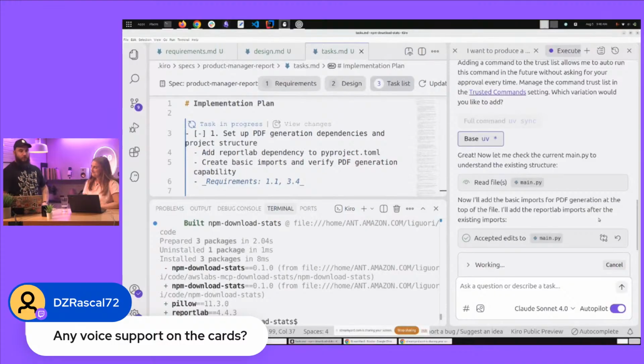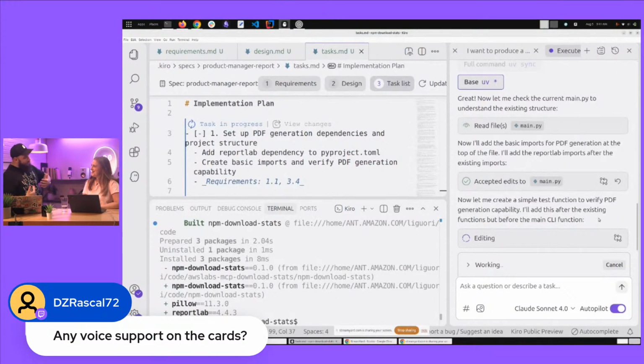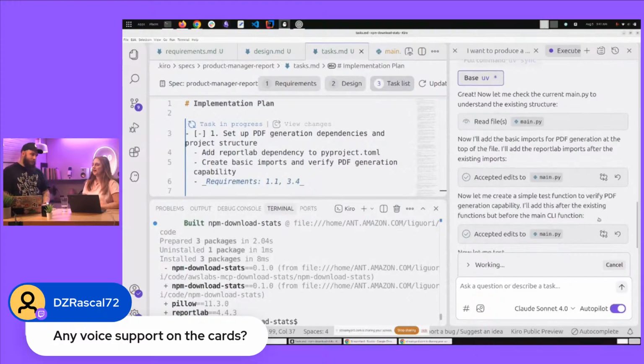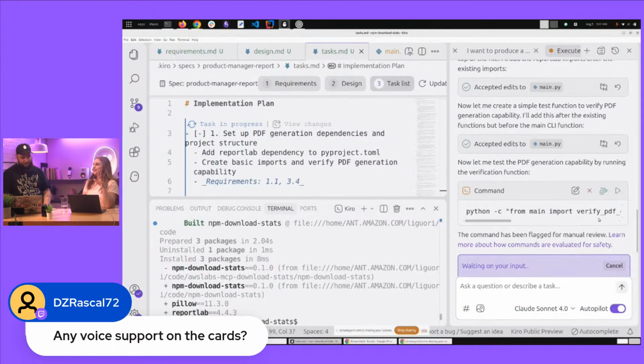Any voice support on the cards? Maybe I'm too old, but coding with voice seems imprecise. I would love input on the Discord on this, because I hear some people love it because they can explain things out loud faster than they can type, which makes sense.